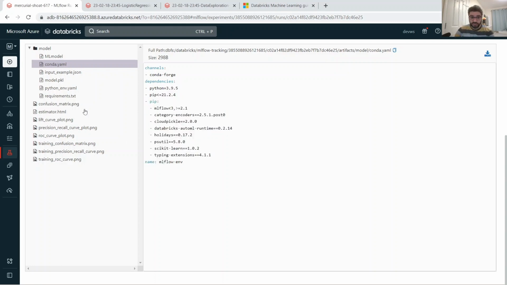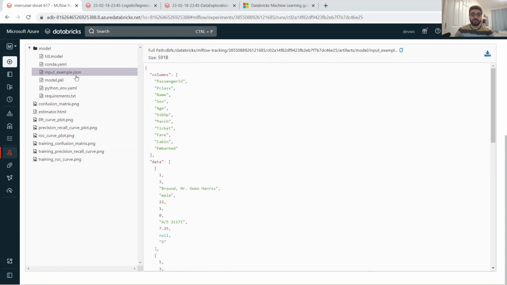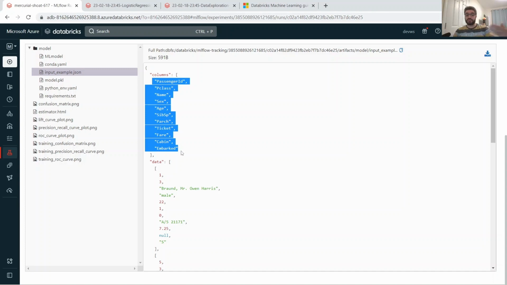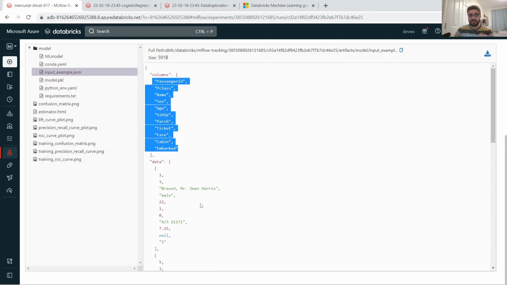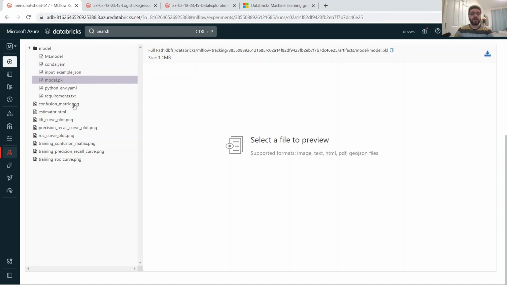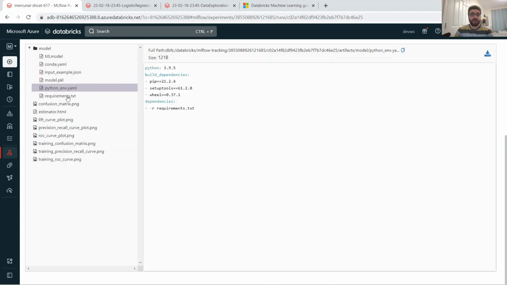So when you run this model, you're guaranteed to get the accuracy level that you wanted. If someone added a new column, we're not going to take it into consideration in this run. Maybe a new version will take it, but this run considers only this column. So again, we keep the data and maybe a signature of this data by recording the first few rows. We give you the pickle files if you want to deploy this model somewhere else. The Python environment as well, pip install, setuptools, wheel files, requirements,